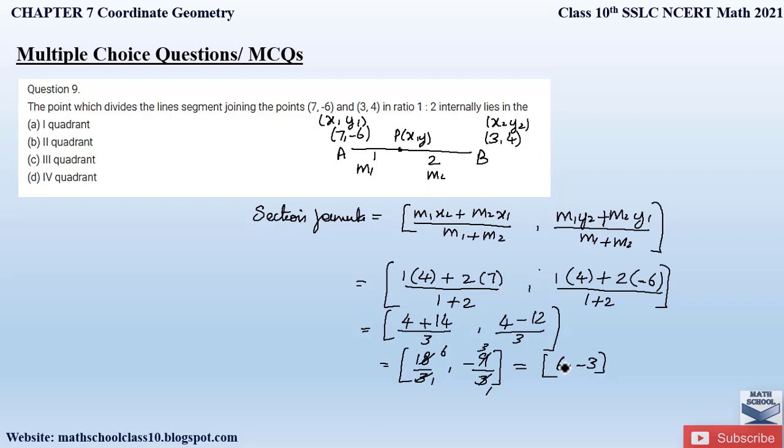So here you can notice that x is positive and y is negative. So in the first quadrant we get both x and y positive. In the second quadrant we get x negative and y positive. In the third quadrant both are negative, and in the fourth quadrant we have x positive and y negative. So here we can notice that the point has x positive and y negative. Our correct option is, it is in the fourth quadrant. So it is option D. So in this manner we can find out the quadrant in which the point lies.